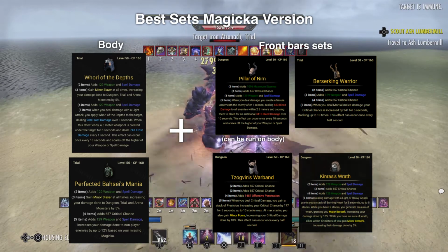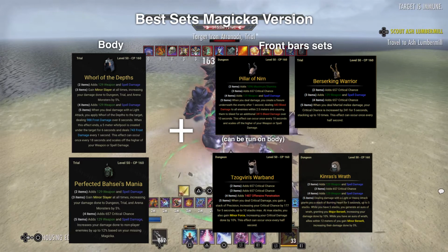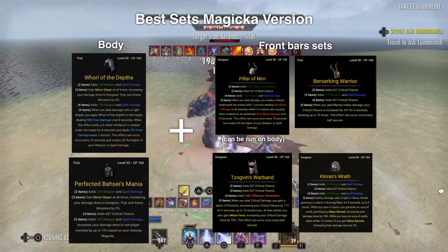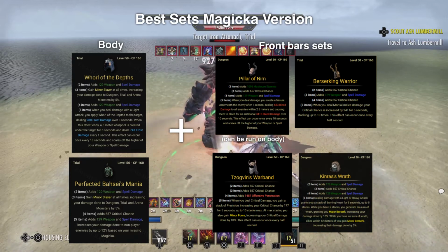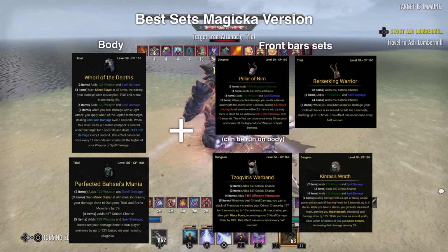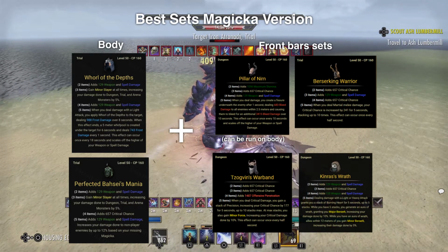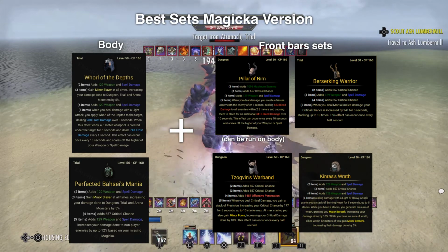They're both strong, but Basai requires you to manage your Magicka, while Whirl requires the boss to be semi-stationary. They both have their uses, but Whirl seems to be the easier and better option for most situations. Regardless, these are trial sets and running them on normal should be easy, and you should work towards getting them if possible. Moving on from here, we have front bar sets, or just sets to pair with either Basai or